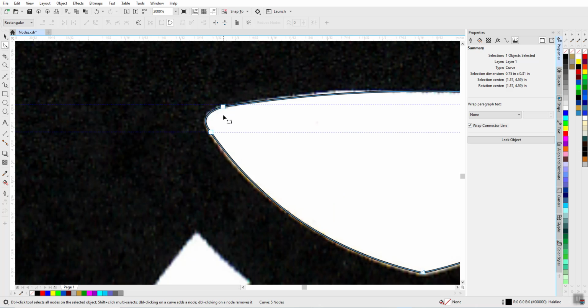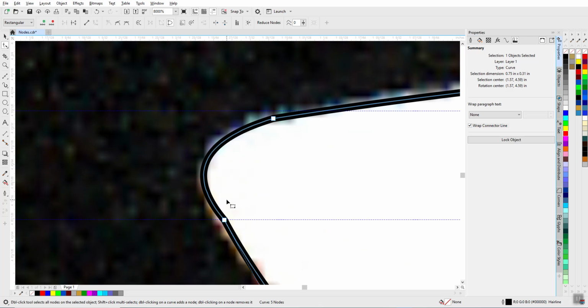So I'm going to go up to my second node that I clicked and refine by using the node control handles a little bit, and you'll see as I move around I just pulled it right in a really good place there. I'm going to pull the first node handle down a little bit, and I've got it in pretty good shape there. Notice that there's like a little bump going in and out of that second node,